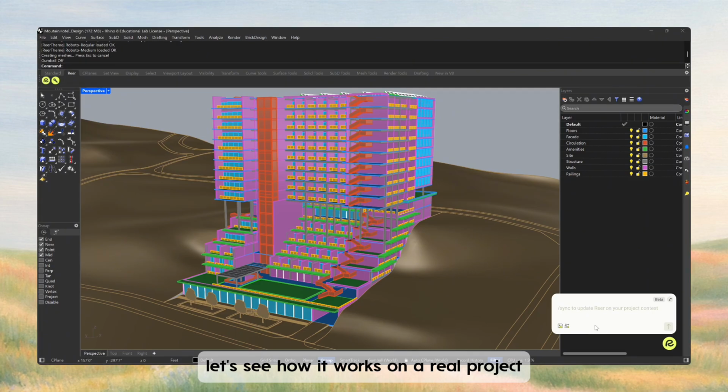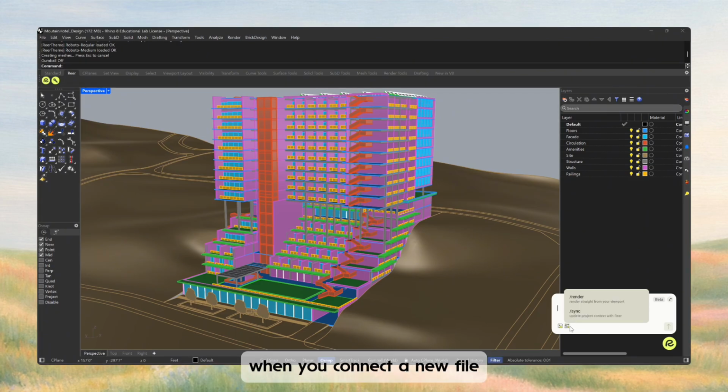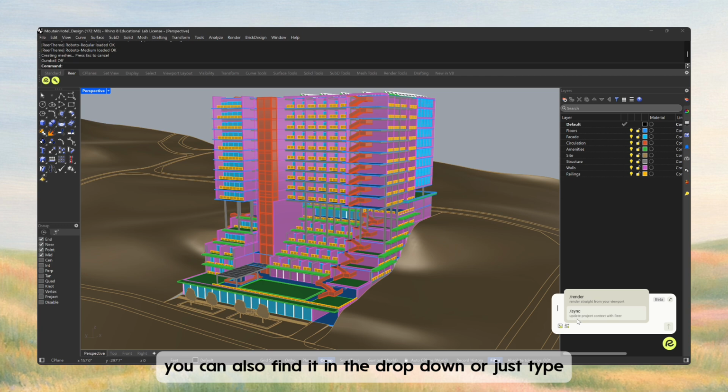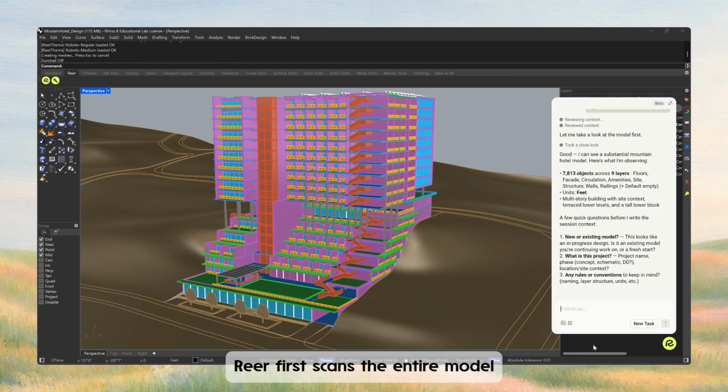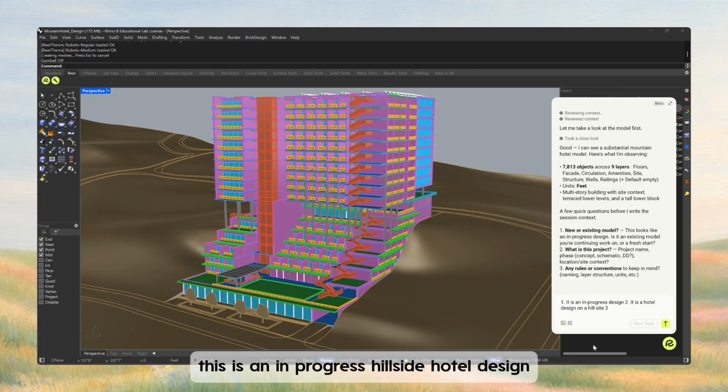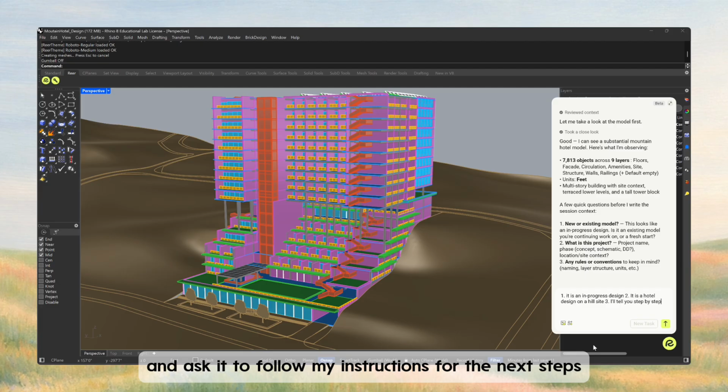Let's see how it works on a real project. Reer will automatically suggest running sync when you connect a new file. You can also find it in the dropdown, or just type /sync. As you can see, Reer first scans the entire model and then asks a series of questions to better understand the project. I'll tell it this is an in-progress hillside hotel design and ask it to follow my instructions for